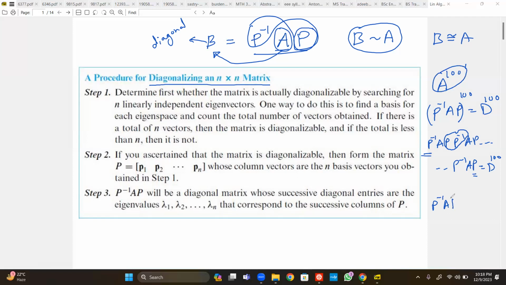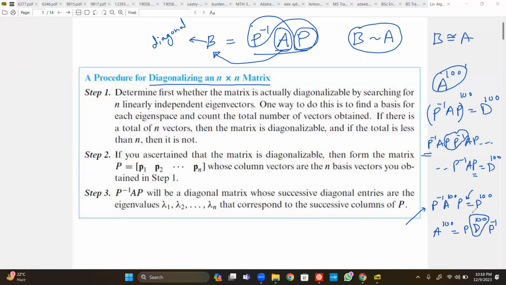So what we have in between is P inverse A to the power 100 P equals D to the power 100. And by multiplying by P on the left and by P inverse on the right, what we get is A to the power 100 is P times D to the power 100 times P inverse. Now, as you can see,